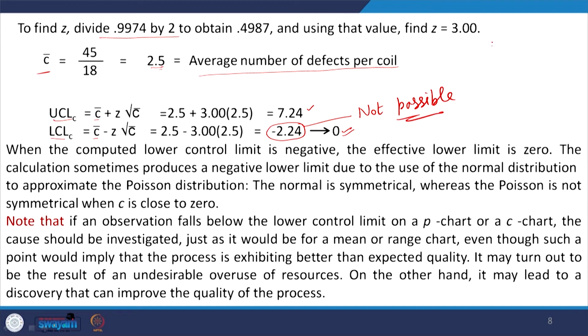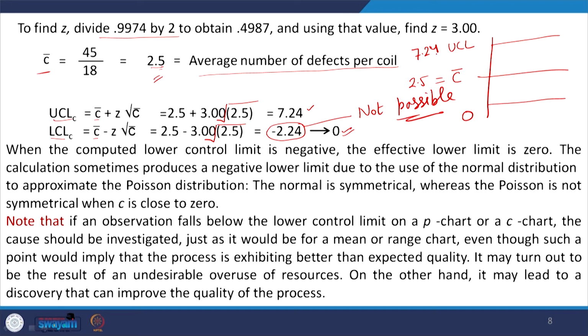Here again you will have this type of chart where the C bar value is your average line, and this is the upper control limit. Here the average value is 2.5 as per the data available to us. The upper control limit we will consider as 7.24 and the lower control limit we will consider as 0. I would like to mention that these are computed using square root signs, and then the calculation comes as 7.24 and 0.